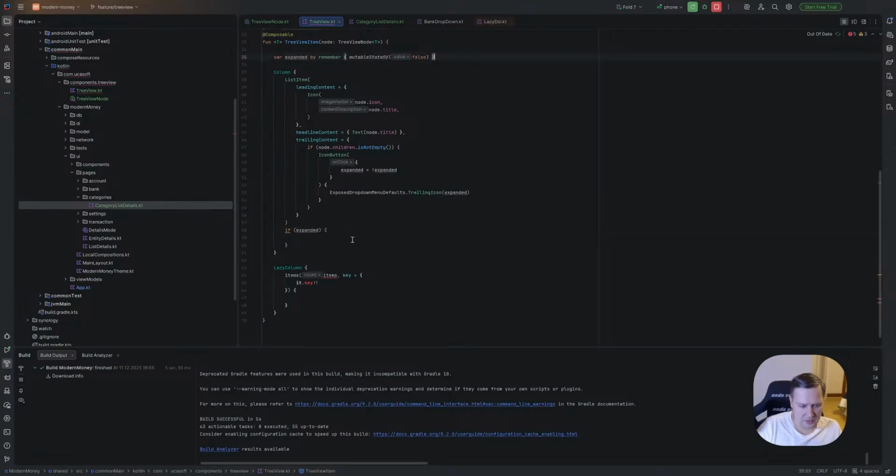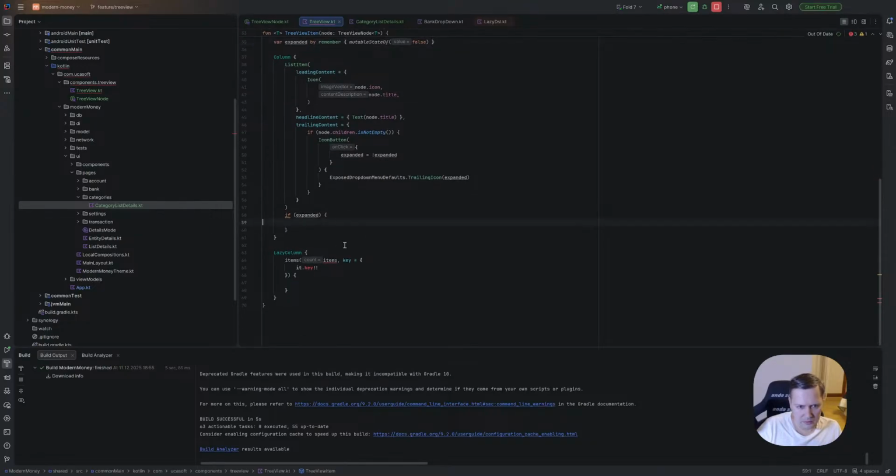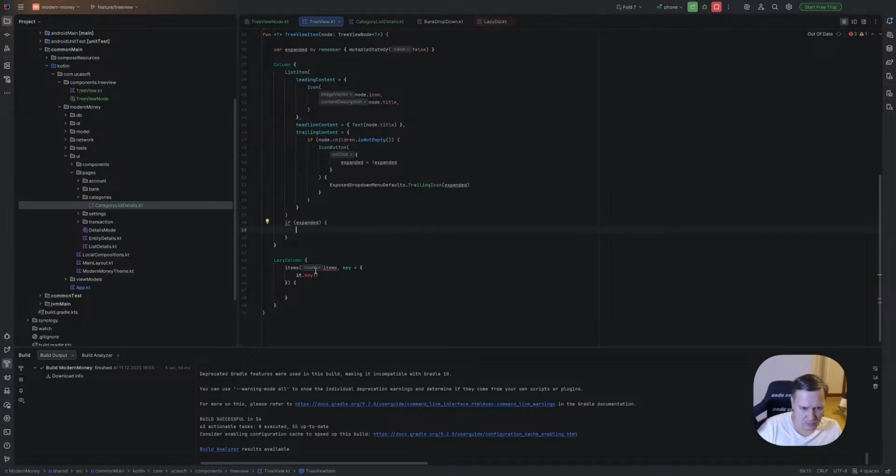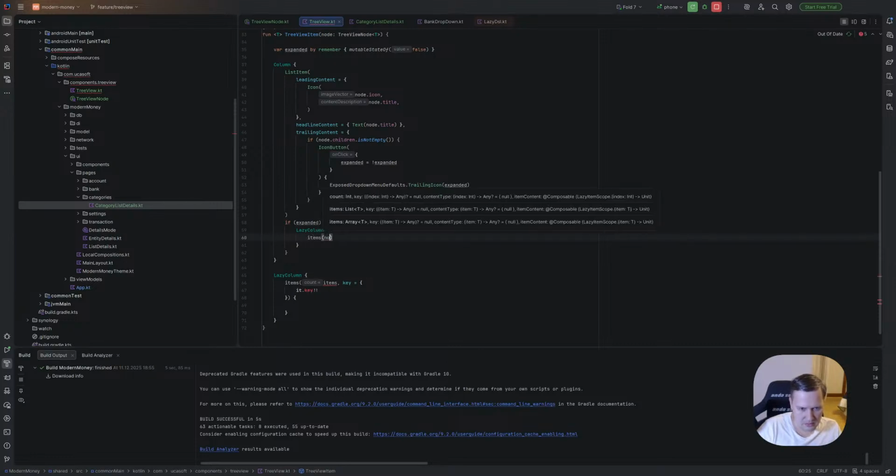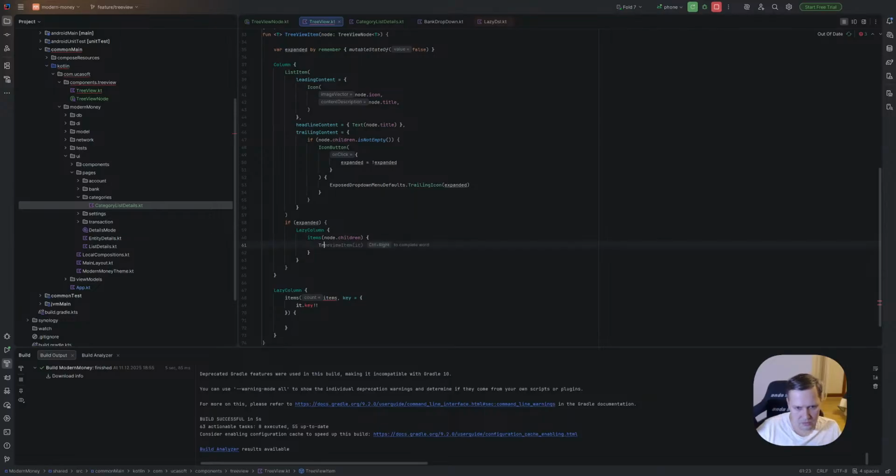Oops, if expand, all we need is to put LazyColumn with items node.children, and here use TreeView item again.